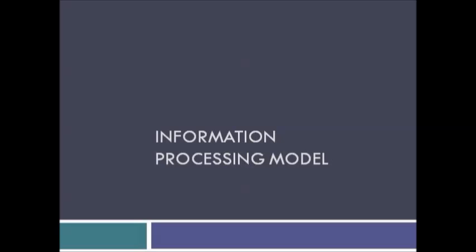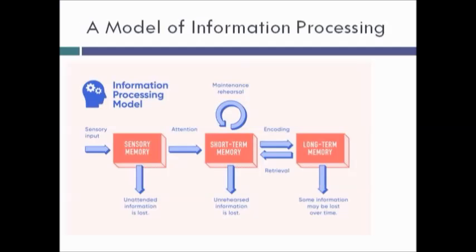Hello students, today we will talk about the information processing model. The information processing model is a framework used by cognitive psychologists to explain and describe mental processes. This model compares the thinking process of human beings to how a computer works. Just like a computer, the human mind takes in information, organizes and stores it to be retrieved at a later time. Just as the computer has an input device, a processing unit, a storage unit, and an output device, so does the human mind have an equivalent structure.